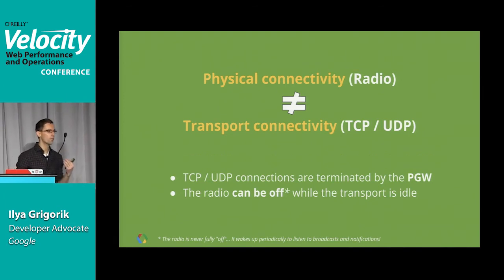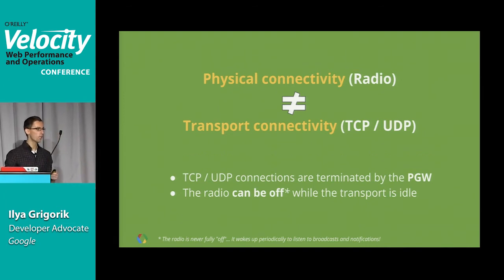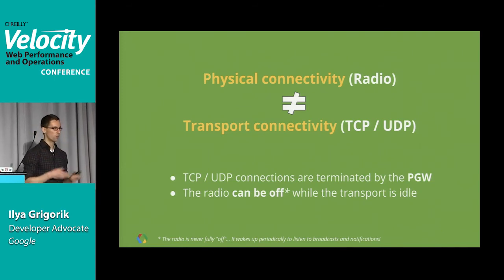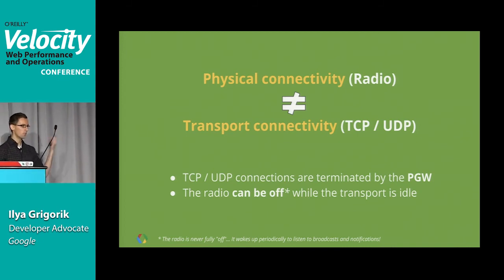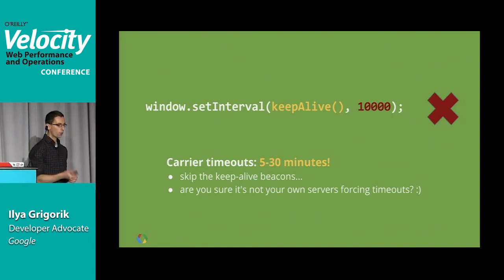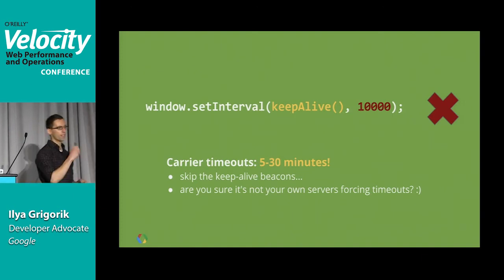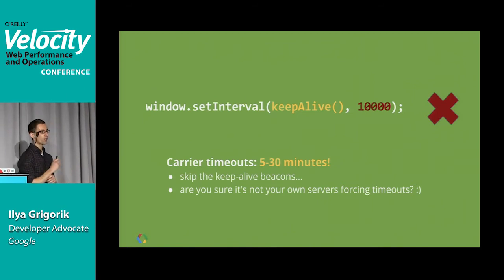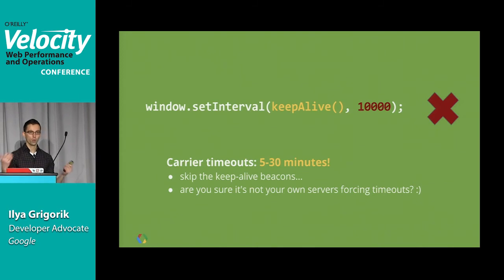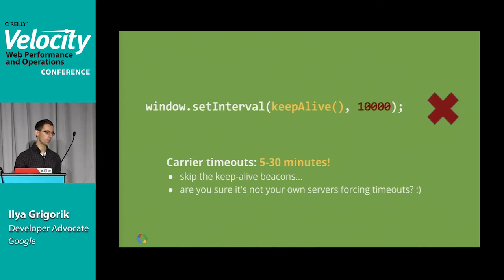In fact, your radio is never really off, which is why I have that star, because when we say the radio is off, all we mean is that the radio is just sleeping for very long intervals of time, and then periodically wakes up and listens to the broadcasts from the radio tower to say, hey, is there a message for me? Because maybe I should be waking up and doing something. So if you have code like this in your application, please take it out, because you don't need to artificially keep your connections alive. All of that is automatically handled for you by the infrastructure